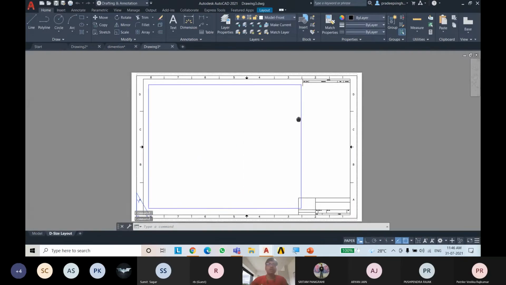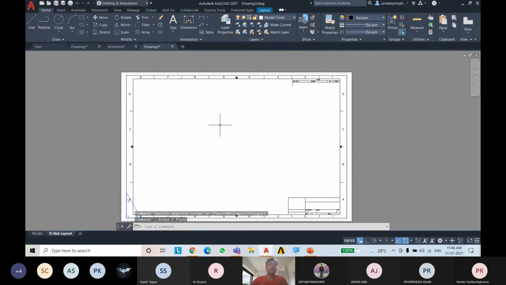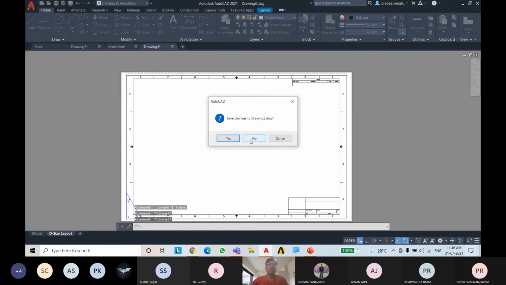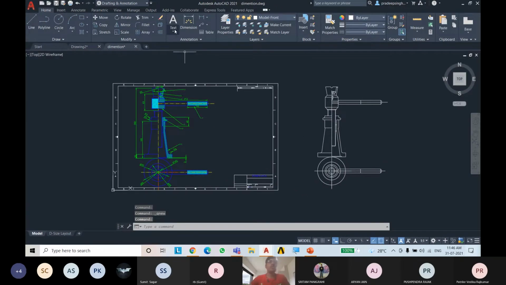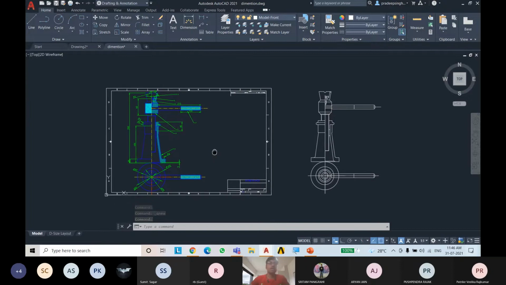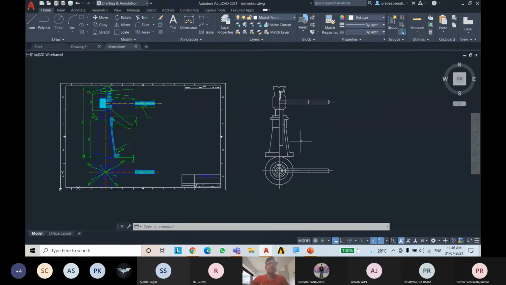So type here, and you will be directed to a new window where you can start drawing. Now I don't want it, I have already done it, so I will not save it. Now we will be exploring the dimensions, and we will be drawing the same dimensions in this. This is known as a screw jack.